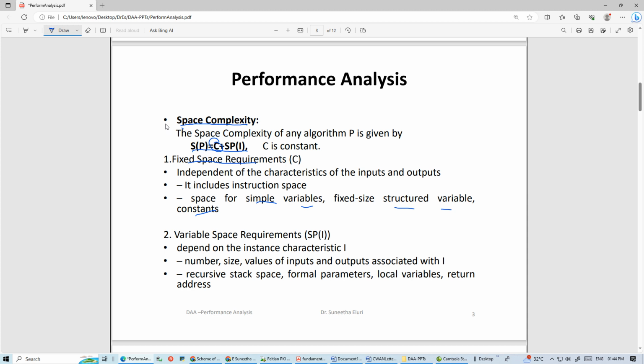This S_P(I) is the variable space requirement, where I is the instance characteristics, and this depends on the size of the inputs we have, and that is decided at runtime rather than at loading time. So for example, the array size, array of n we used to say. If it is an array of one variable, I can say that 1 unit of memory is required. If it is an array of n, where n is known at runtime,